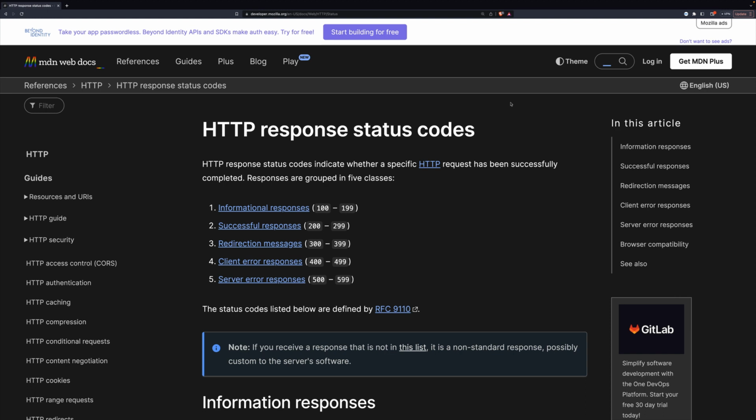This week we're going to take a look at HTTP response status codes, which sound really technical and weird, but they're really easy to understand and they can be helpful to help you understand what's going on. Anytime your web browser asks a website for something, the response that it gets back has a number code associated with it. And there are 5 different kinds of responses: informational responses, successful responses, redirection messages, client error responses, and